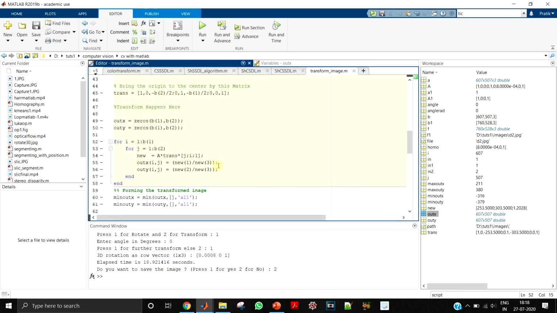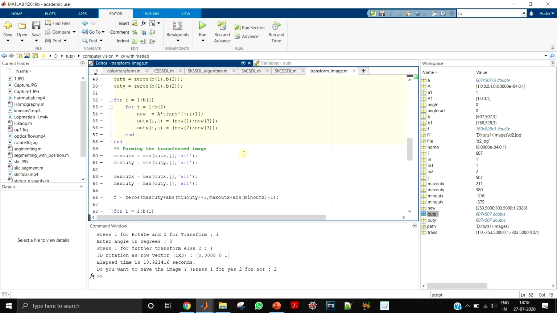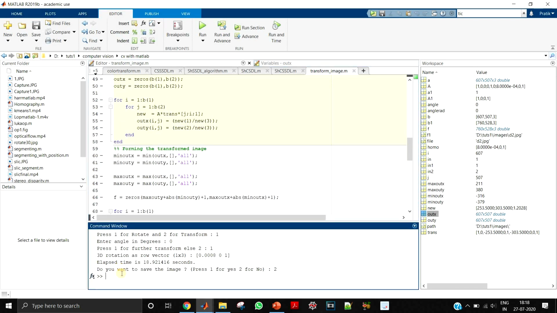But we know that in MATLAB we cannot have floating point values as coordinates. So we cannot have, say, x of 1.5 comma 2.5. This is not possible, or 2.3. So this is not possible in MATLAB. We have to give integers over here. These should be integers.